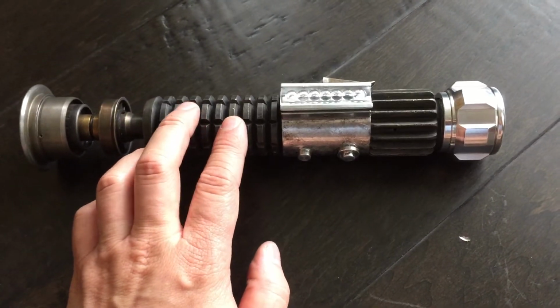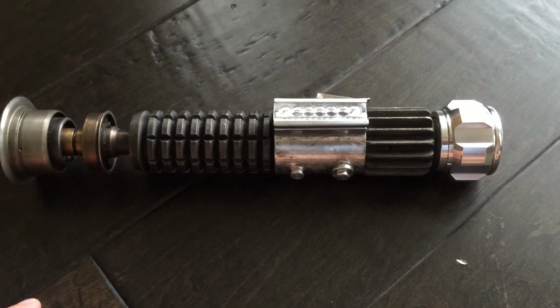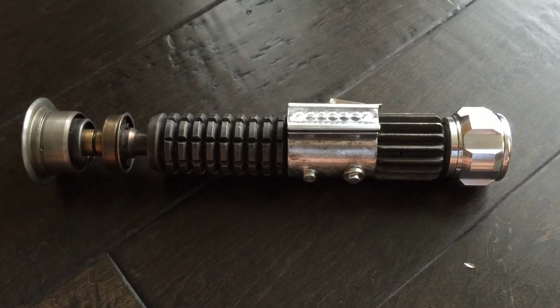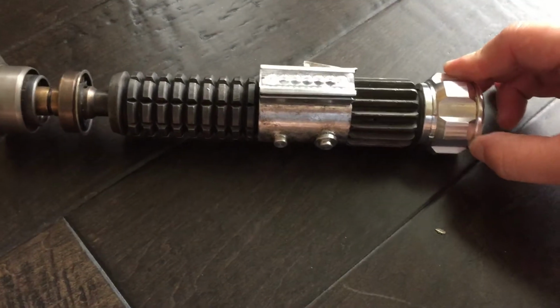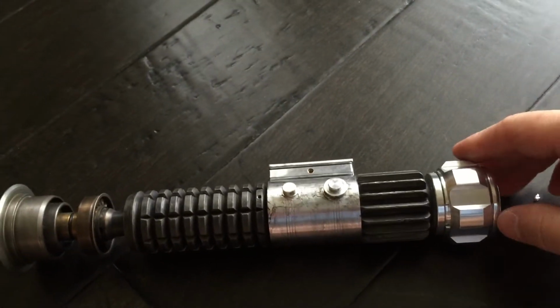I found that there might be easier ways. I'm probably going to have to redesign the chassis pieces and try and make a little bit more room out of there, but there's not much room to be had. Of course, we have a recharge port back here, so you will unscrew, again, this is more difficult with one hand, you will unscrew the pommel cap,